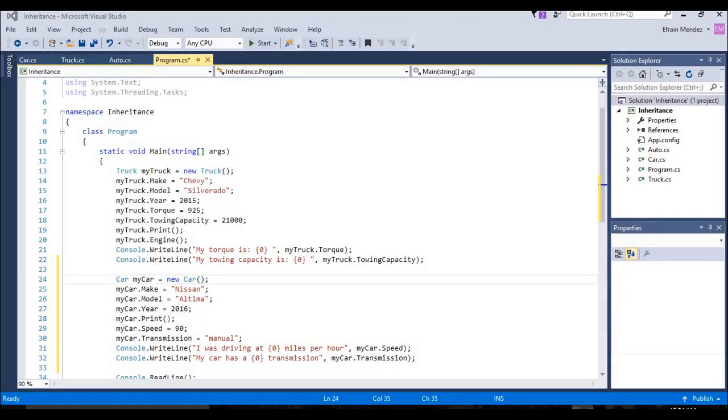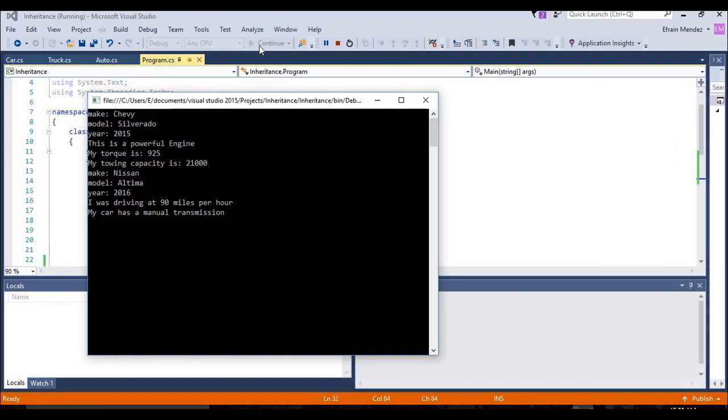And there we go. And let me run this program. And here you see I printed out the make, model, and year of my car class. And like with the truck class, we were able to borrow this code from the auto class. We just assigned the make, model, and year a value. And I used the two console.write lines that I typed into program.cs to print out both my speed and transmission